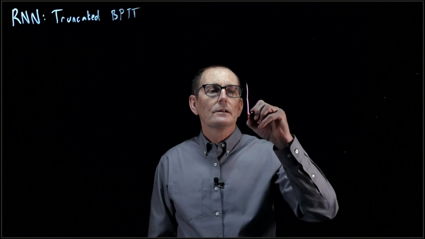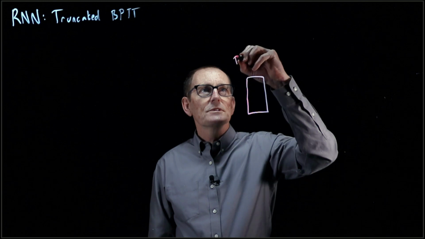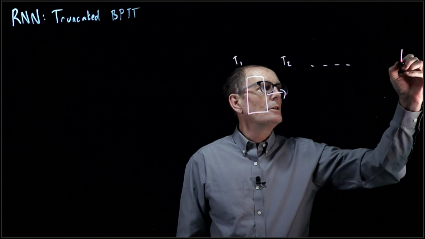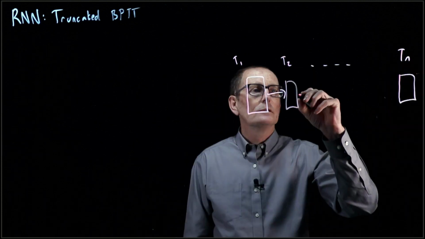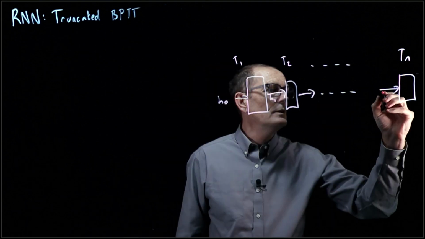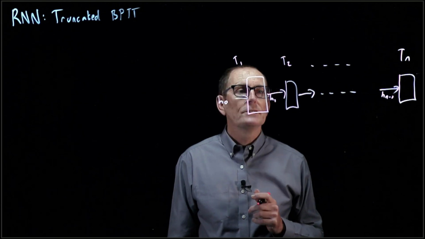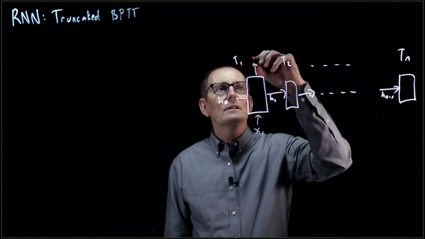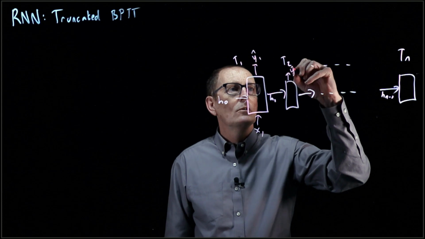Let's look again at our RNN. So this is at time step 1, time step 2, all the way to time step n, where n is our sequence length. As always, we have h sub 0 coming in, h sub 1, h sub n minus 1, and we have x1 coming in, y hat 1 coming out, y hat 2 coming